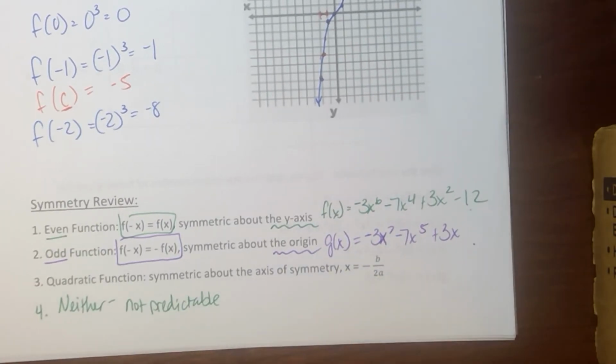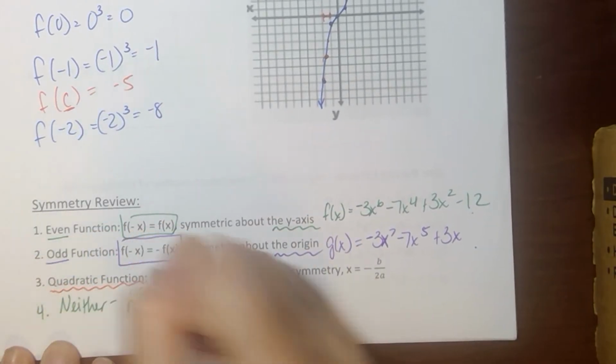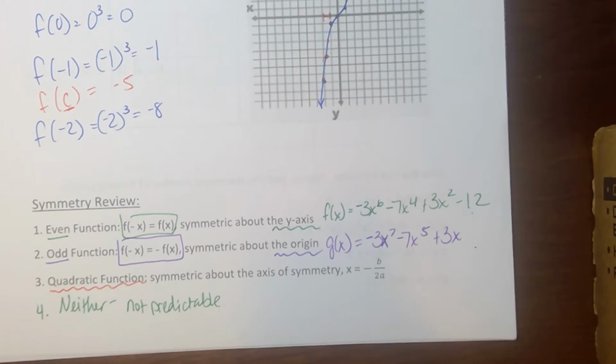We do add one more possibility in Unit 2, quadratic function. Our parent quadratic function is our most basic even function because it's centered on the origin. You can fold it on the y-axis. Once I move that quadratic function away from